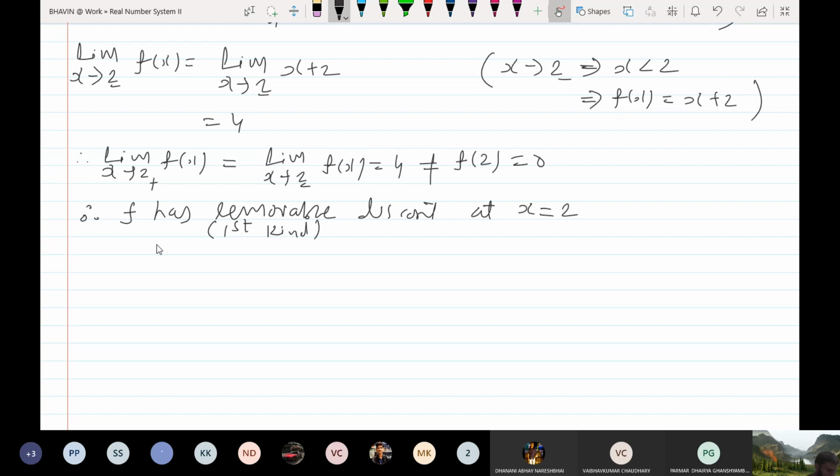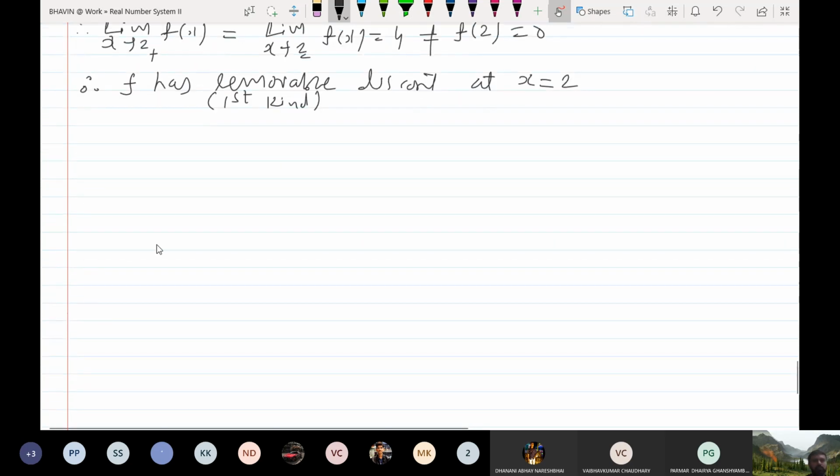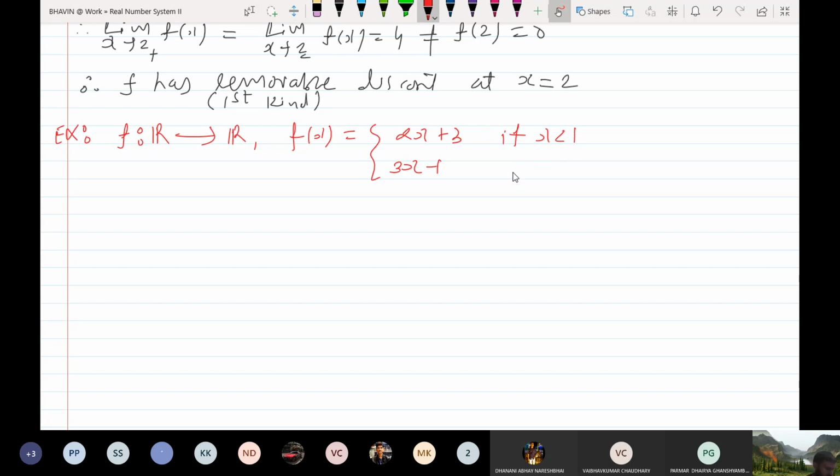Now let us consider the next example, f(x) is equal to 2x plus 3, 3x minus 1, if x is less than 1, if x is greater than or equal to 1। देखिए दोनों इक्वेशन मुझे दिए, f of 1 is defined, I want to discuss the discontinuity,